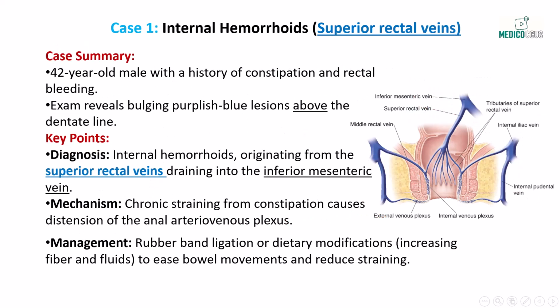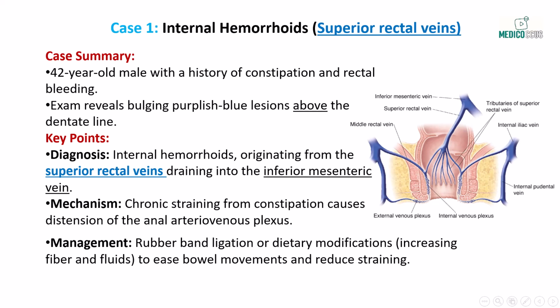Let's move on to another important case, this time involving rectal bleeding in a 42-year-old man. The patient comes in reporting that he has noticed blood dripping into the toilet after defecation for the past few days. He has a history of chronic constipation and often has to strain during bowel movements, but he denies any rectal or abdominal pain. On endoscopy, we observe bulging purplish-blue mucosal lesions above the dentate line, which are classic findings